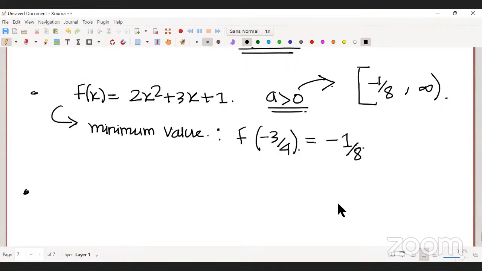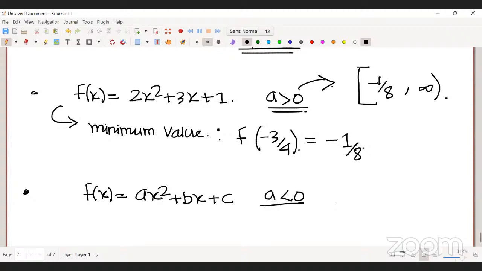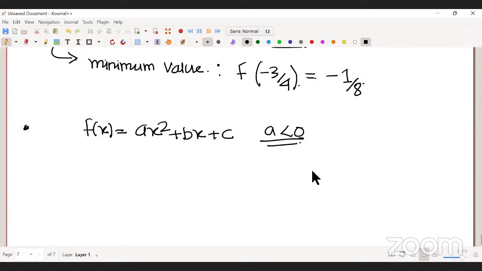So similarly, if you have a parabola where a is less than 0, in that case, what can you do? In that case, your parabola is what? Open